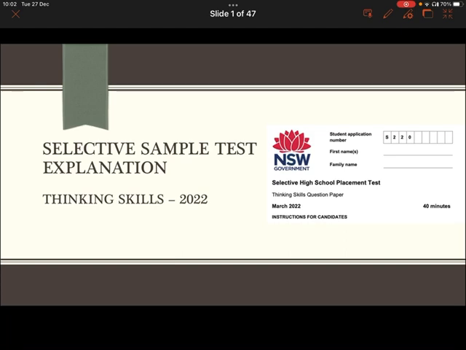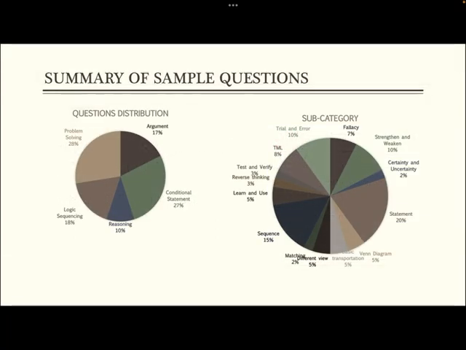So for part one, in this video, I'm cutting it into 5 sections. This is section 1, where we're going to go through the general ideas about the analysis of this sample test. From this page, you can see the question distribution. We can technically find that problem solving is still accounting for 28%, which is the majority of